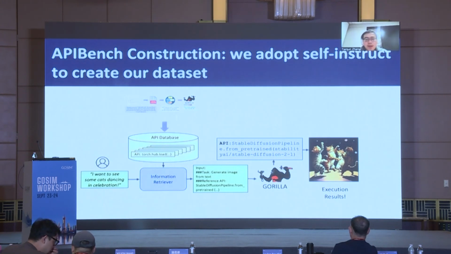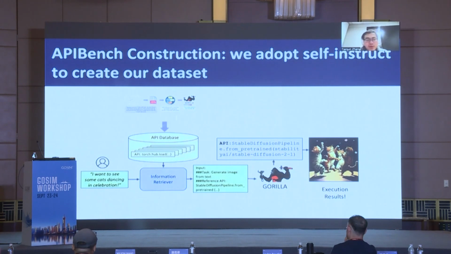But the con here is that the bottleneck is the information retriever. The information retriever is usually not that good at retrieving the correct API from the database, especially if the user's question contains a lot of constraints. Let's say I want a model whose accuracy on ImageNet is greater than 70%.